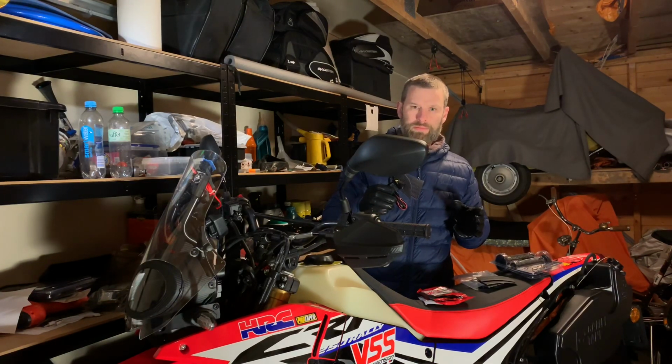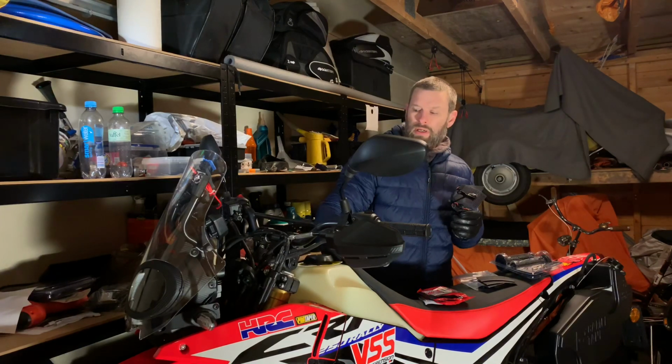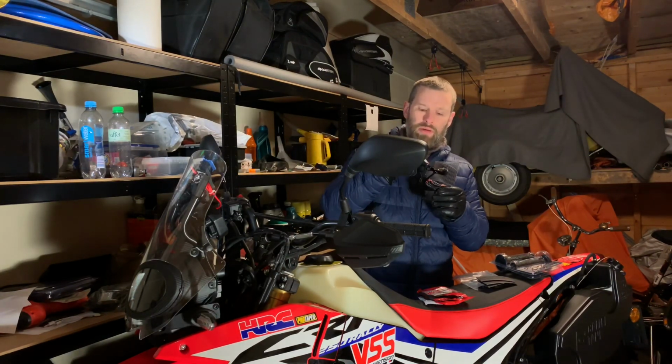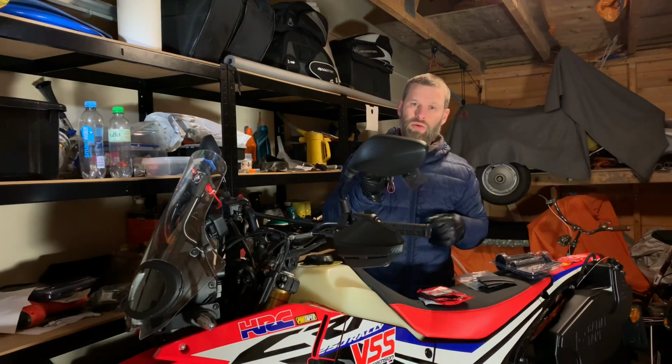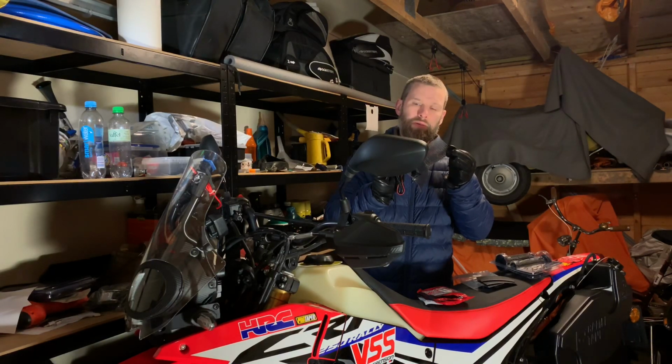And another thing is, I had a motorbike with the standard heated grips from the factory. On one of the grips, the cable that went into the heating element inside the grip broke off, and there was no way I was able to solder any new wiring to it, so I had to use one heat element like this. So on this side I have the heat element, and this side had the original heat grip from the manufacturer. What happened was that this had a different watt to it than the original, and by adjusting the click 1 or 2,